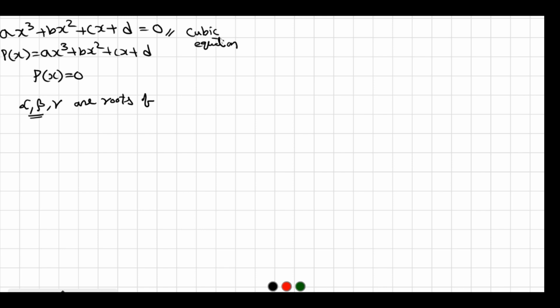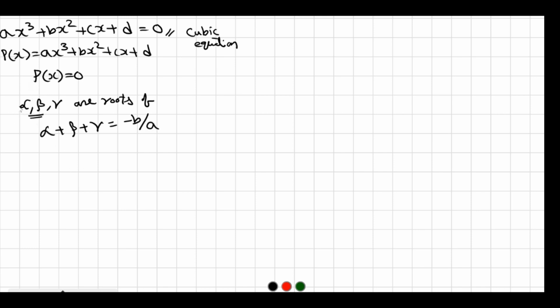We can do it by substituting whatever I have given, substituting alpha and eliminating some of the terms, and then we can derive these things. I'm not deriving it, but if you derive it, we will get something like this. Alpha plus beta plus gamma, the sum of the roots, is minus b by a, and